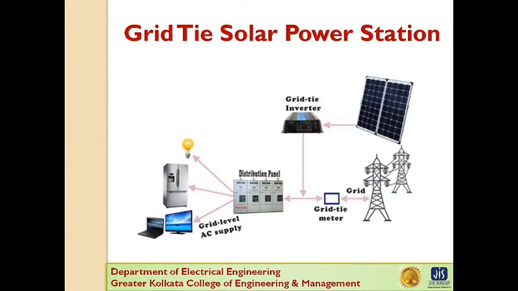Now, grid tie solar systems are of two types: one with a single macro central power inverter and the other with multiple micro inverters. In the former type of solar system, the solar panels as well as the grid supply are connected to a common central inverter called a grid tie inverter. The inverter converts the DC of the solar panel to grid level AC and then feeds the grid as well as the consumer distribution panel, depending upon the instant demand of the system.